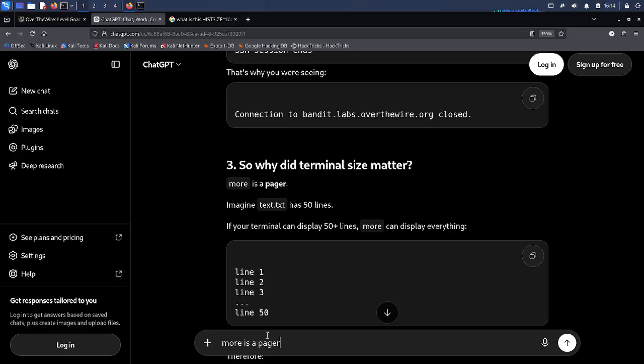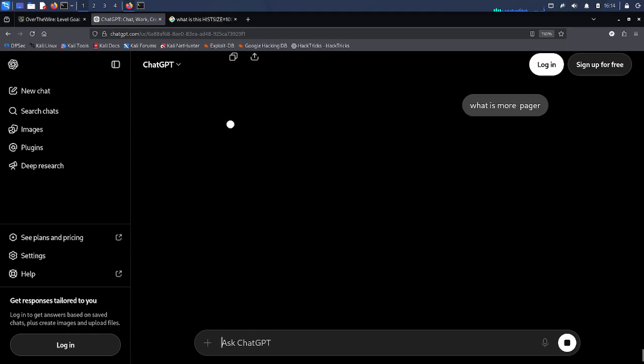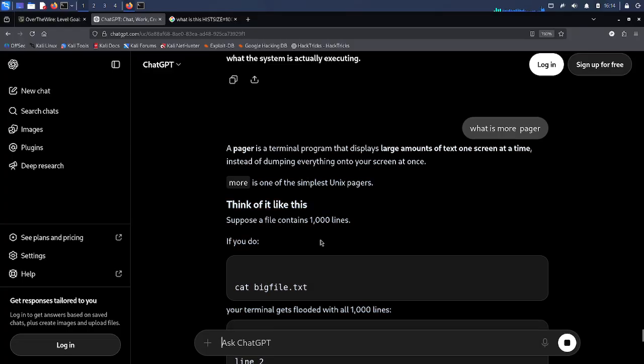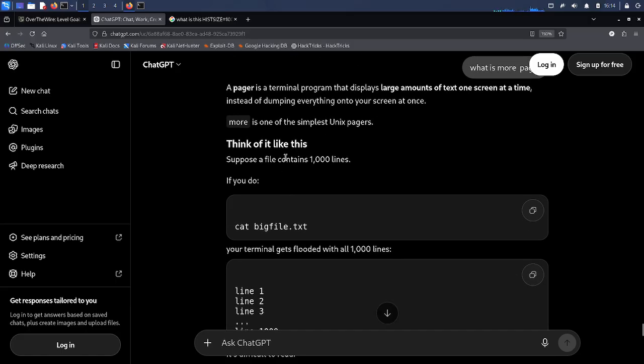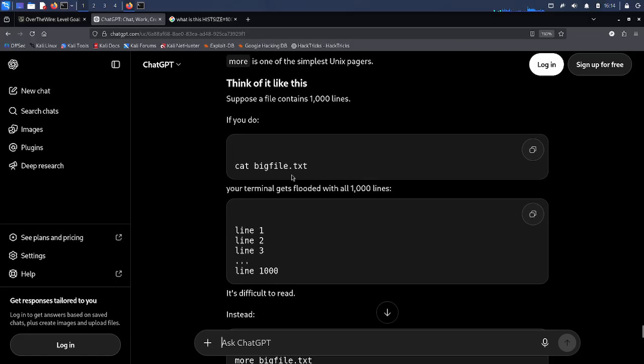It's for more command. What what is more pager? Pager is a terminal that displays large amounts of text, one screen at a time, instead of dumping everything into the screen at once. Thinking of this, if you do,